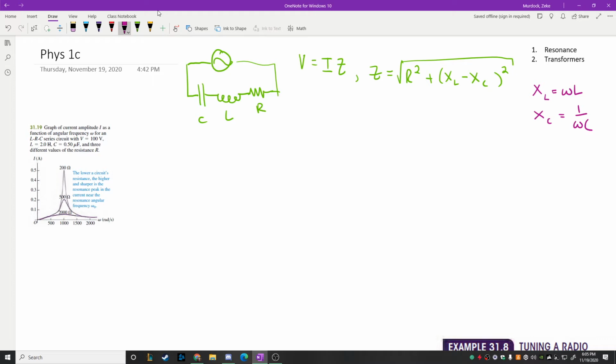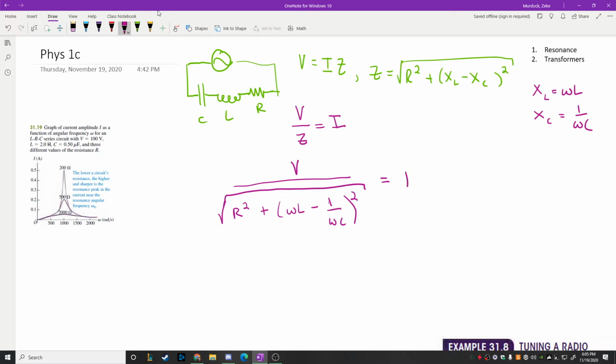So one thing you can notice is if you rewrite this equation right here, if we write it like this, V over Z is equal to I. And we replace Z with a much bigger equation here. So if we write it out in the full form, then what we would have is the square root of R squared plus (omega L minus 1 over omega C) whole squared, and that would be equal to the current. And now it turns out that if you plot this current as a function of omega, so if you treat your voltage and your resistance as constants,